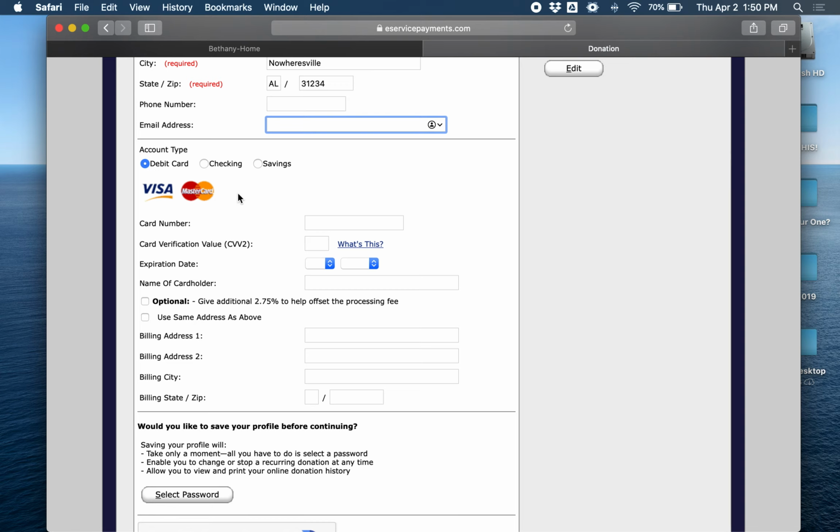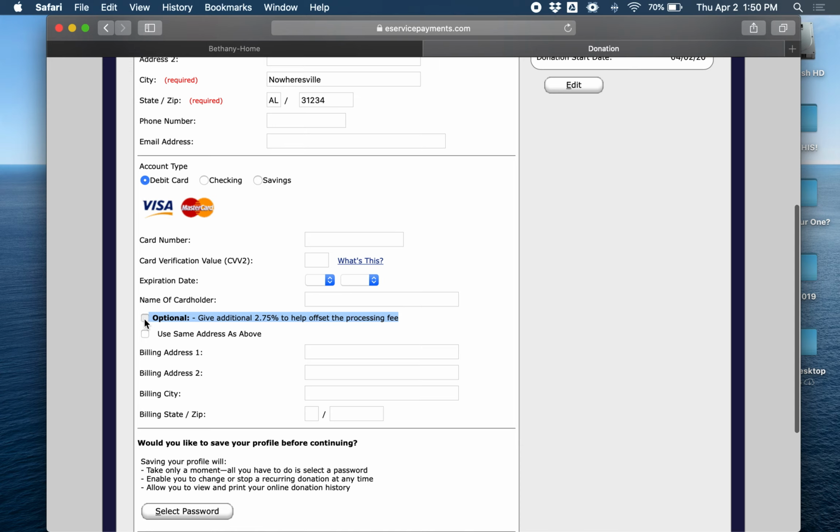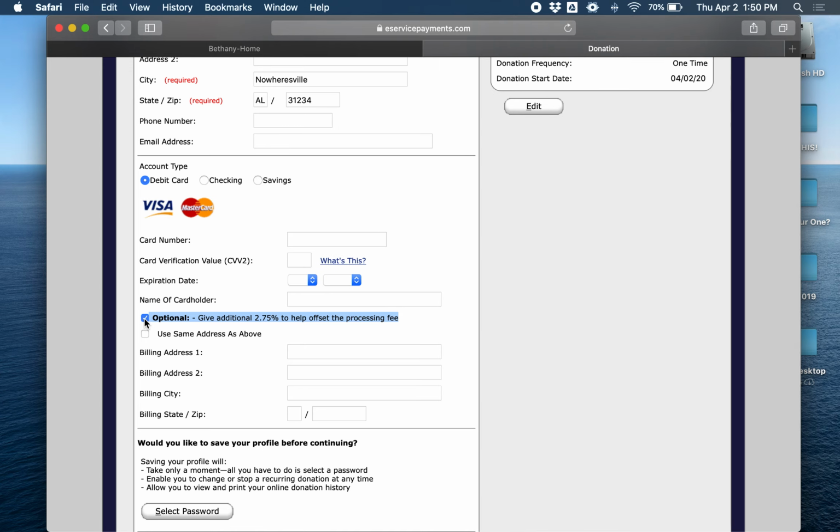So if you pick debit card here, you can enter in your card number and all of the rest of the information, the little CID number on the back and the expiration date and your name. And then you see here an optional box that shows you that you can click this box and it will automatically add 2.75% to whatever your gift is to offset the transaction fees that the church will be charged in processing this